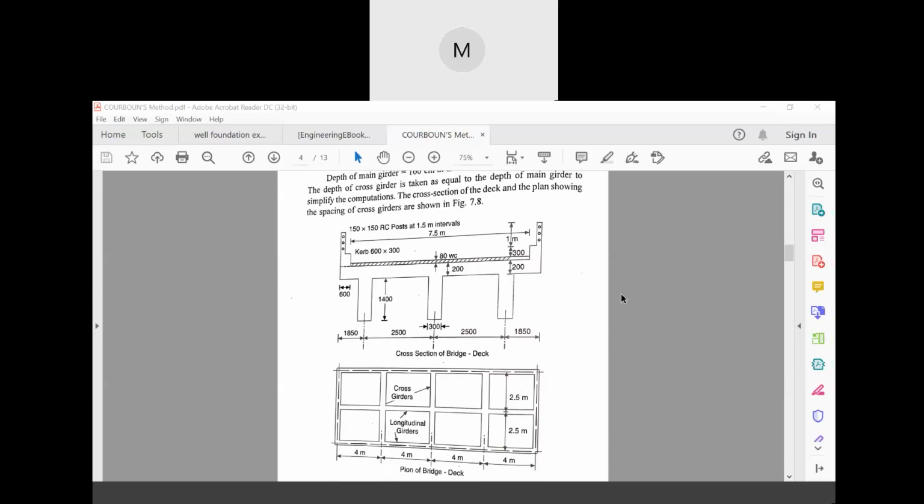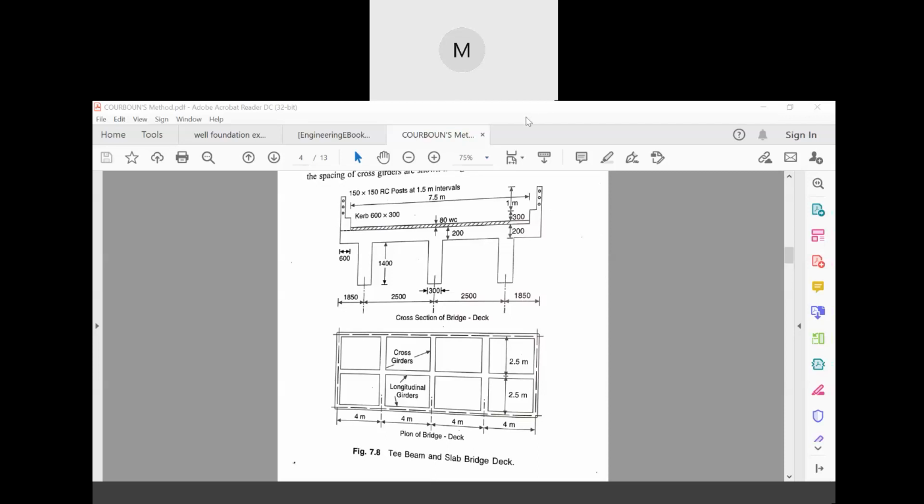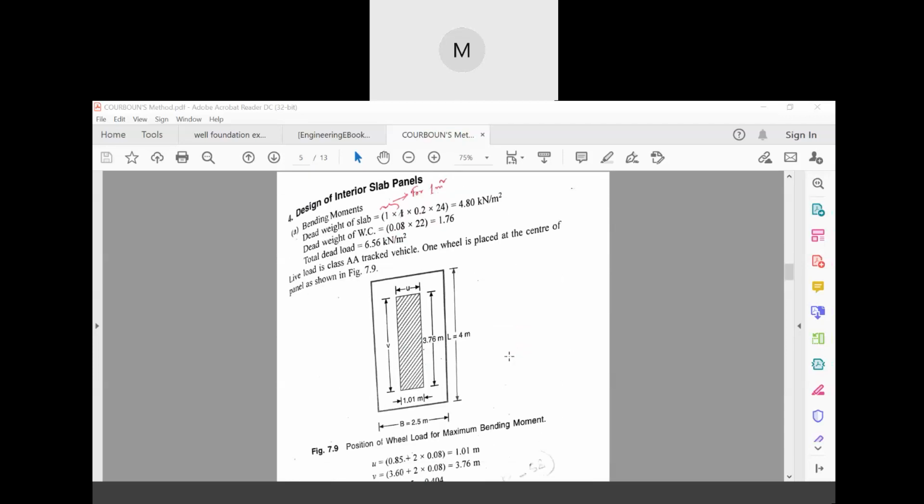Now, this is the cross section of the deck. Now we'll have to go for the design of interior slab panels. So first of all, let us find out the moments. How to find out the moments? This can be found out by using what? Courbon's theory. So, in Courbon's theory,